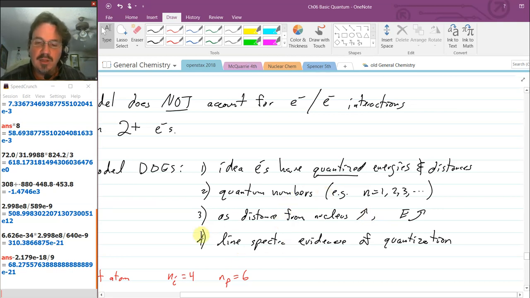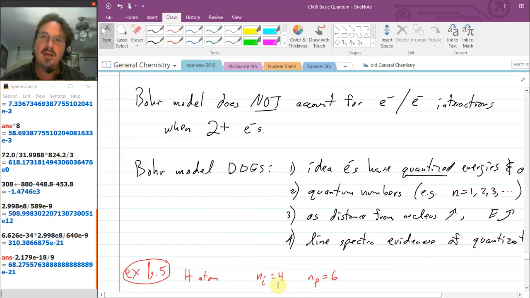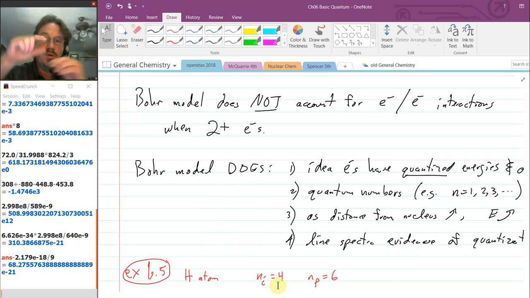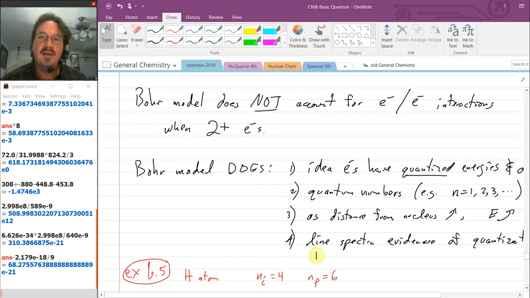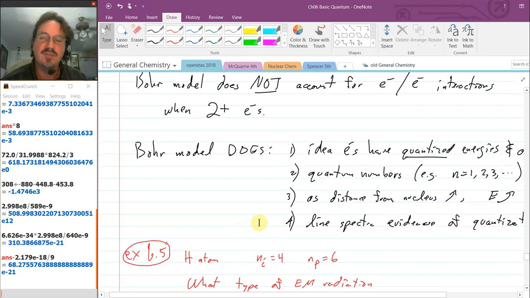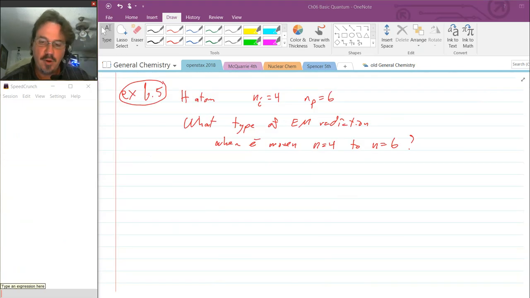And finally, number 4, the line spectra is great evidence for this quantization, because again, we got the transition from a higher level down to a lower level, releasing that amount of energy, whatever that split is, and that energy gets taken away as a photon that we can see if the photon has the energy that our eyes are actually sensitive to. Example 6.5